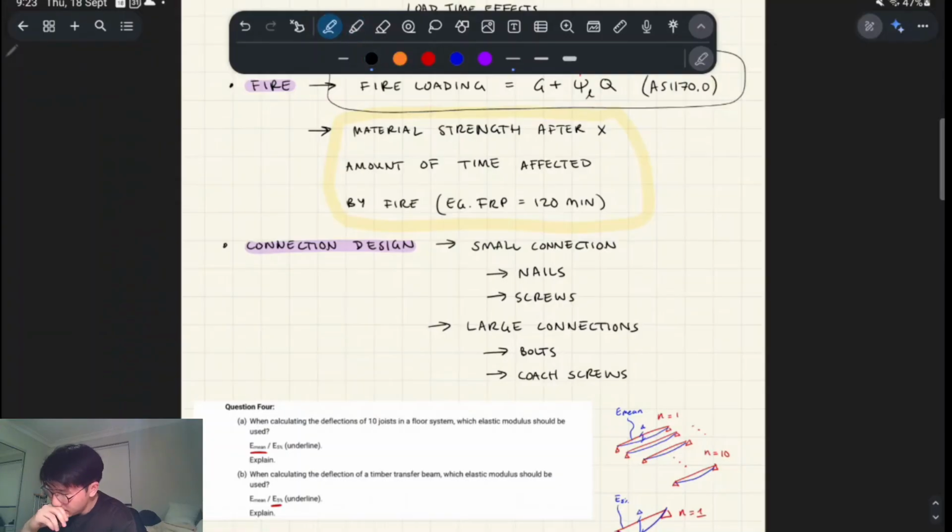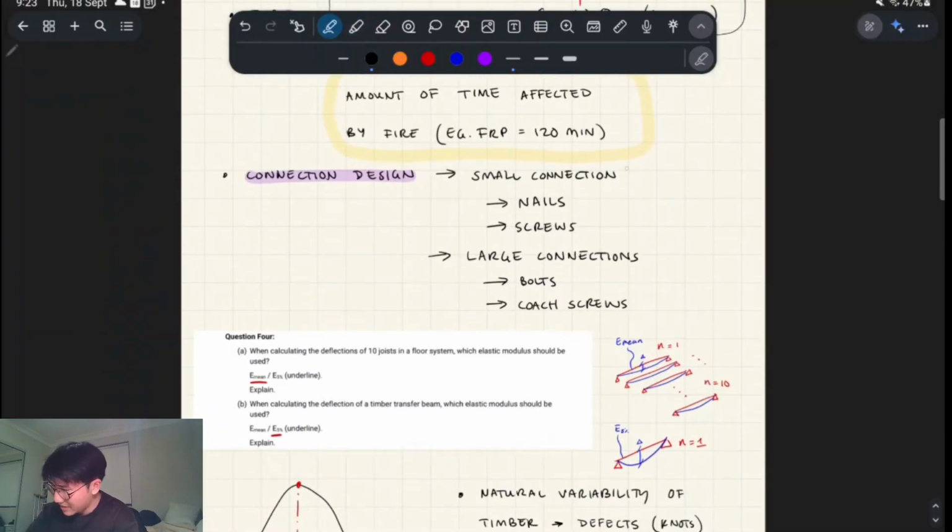Let's see. Connection design. We're going to talk about this in week 4. Essentially, you have two bits of wood, right? You want to connect them together somehow. You have to consider the grain direction, end grain, side grain. You have to consider the type of fastener you're using. Fastener is kind of an umbrella word for nails, screws, bolts,